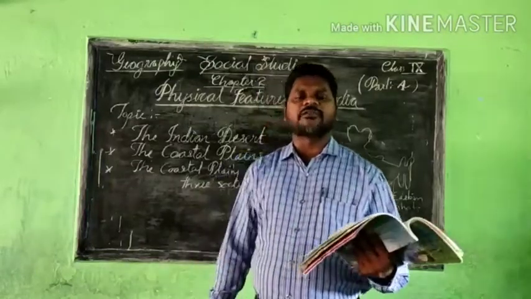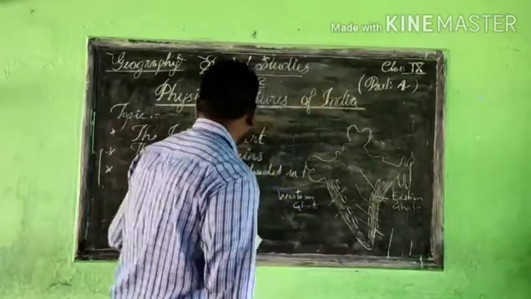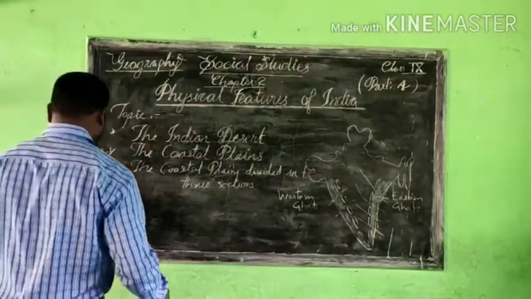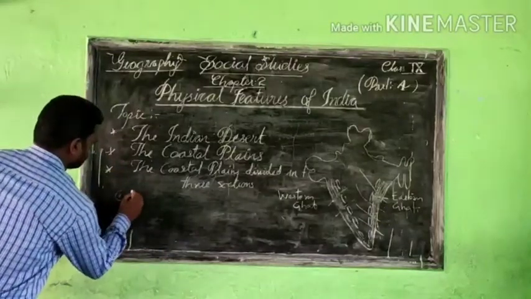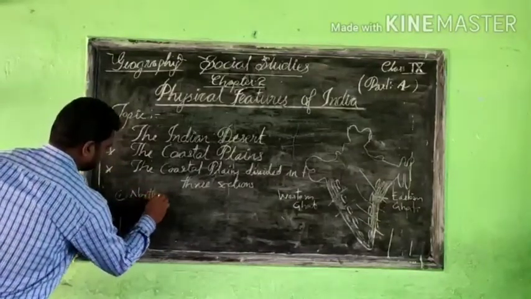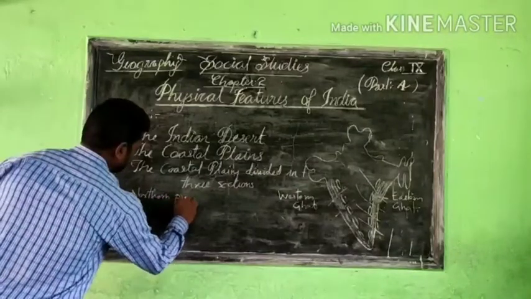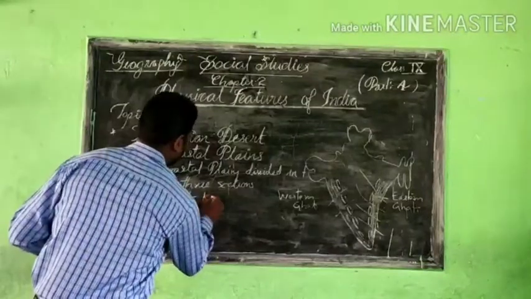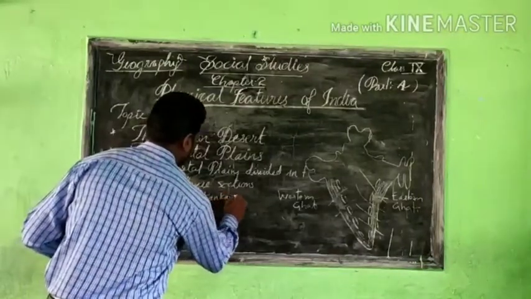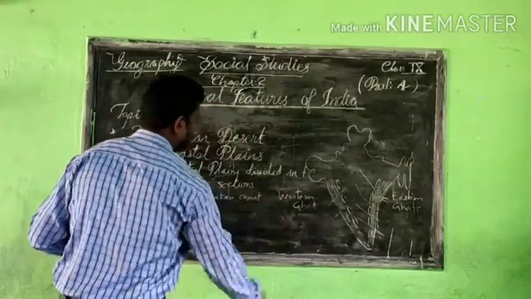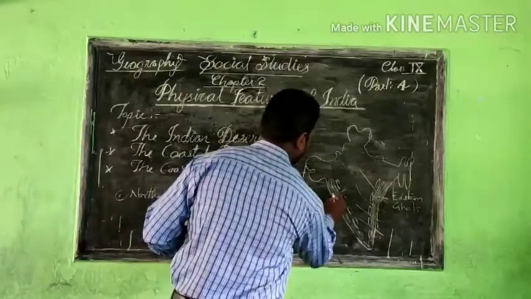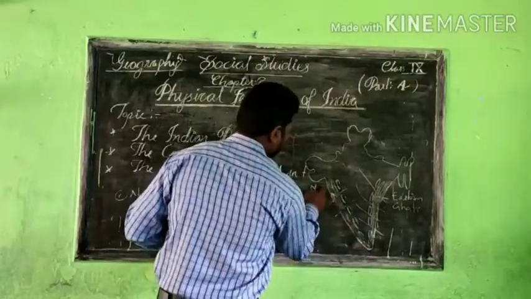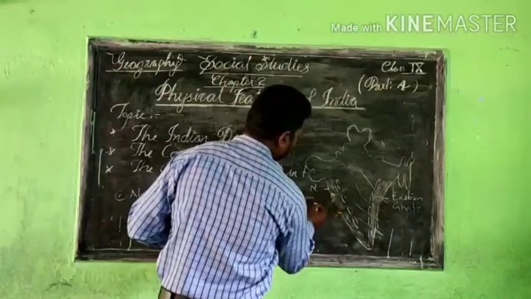And also these coastal plains are divided into three main categories. So the first one is the northern part, called the Konkan coast. Maybe here Mumbai is there. These are the areas of Mumbai we are able to see, and these are northern. This is south, this is the northern side. The northern side is mainly called the Konkan coast.